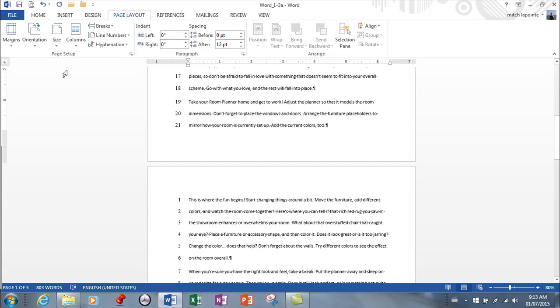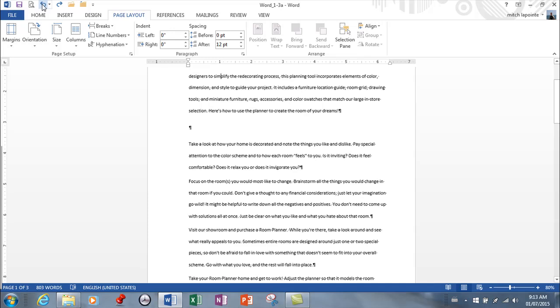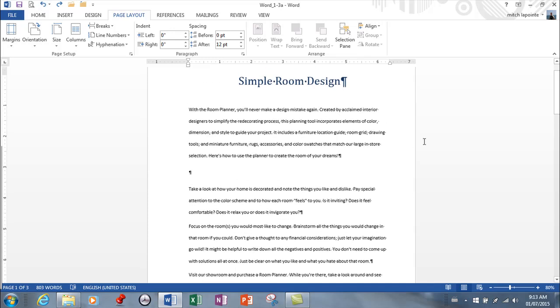Can't think of too many instances where you would use that, but that's how you use it. Another thing you need to know, I'm going to undo once again to bring this back to normal, is you can turn on hyphenation, which allows your document to use up as much of the area within your page margins as possible by automatically hyphenating